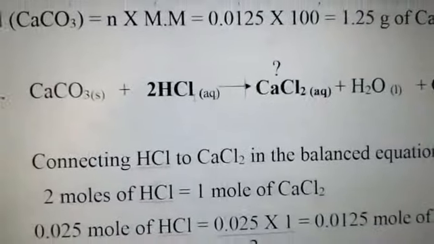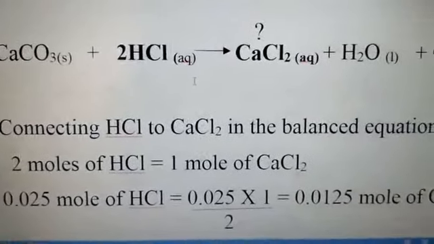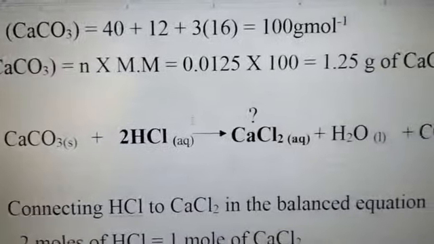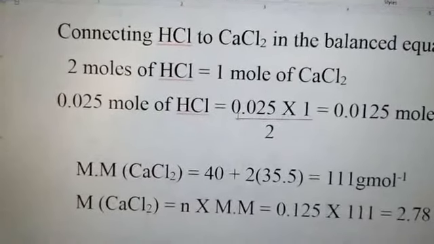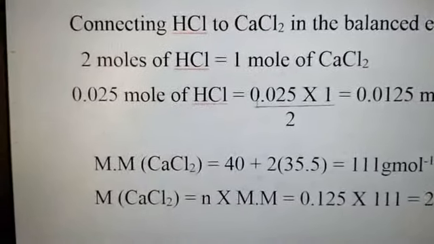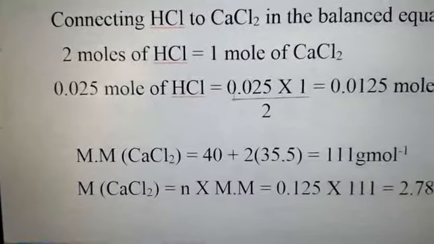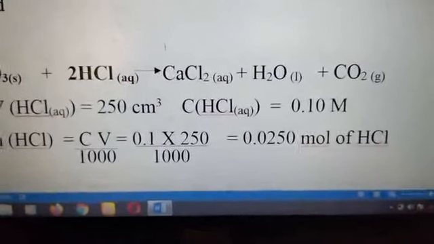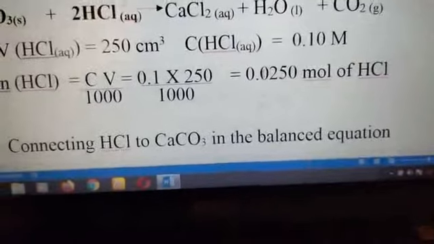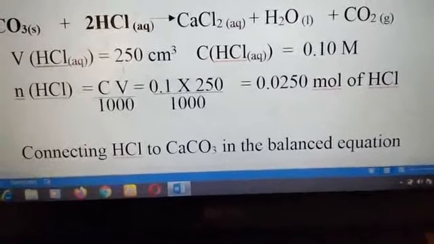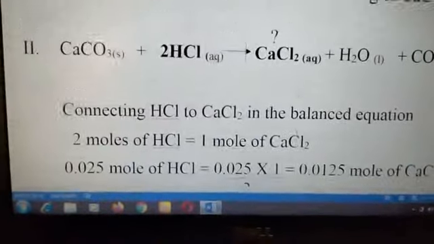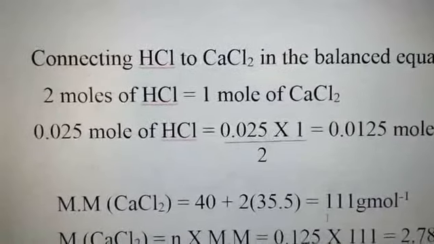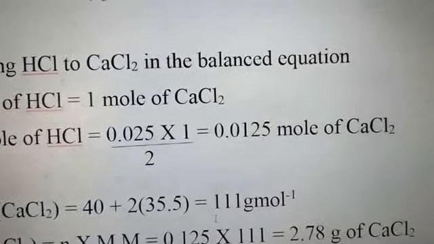But this time around, we're looking for calcium chloride. So now connecting HCl to calcium chloride in the balanced equation, we have 2 moles of HCl to 1 mole of calcium chloride. Therefore, 0.025 mole of HCl, which has been calculated before. Look at it here. HCl is 0.025 mole, using CV over 1000. So that's the number of moles of HCl. So 0.025 mole of HCl will now give you 0.025 times 1 over 2, and that will give us 0.0125